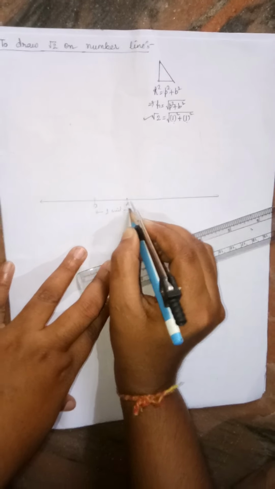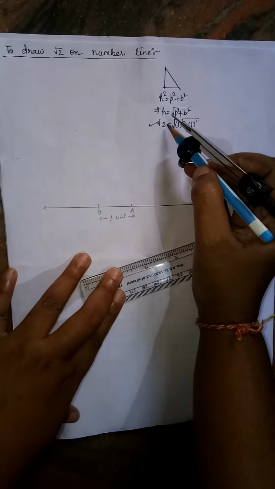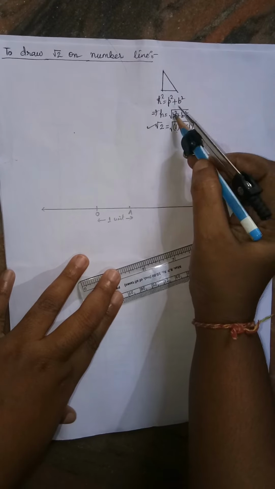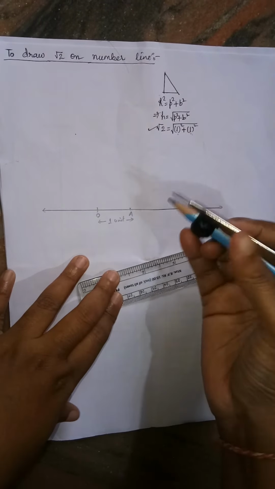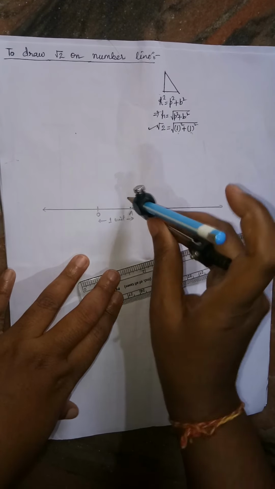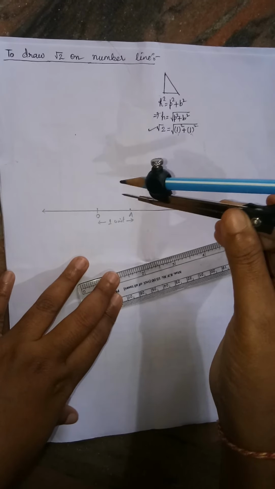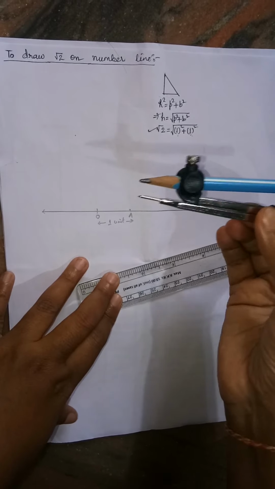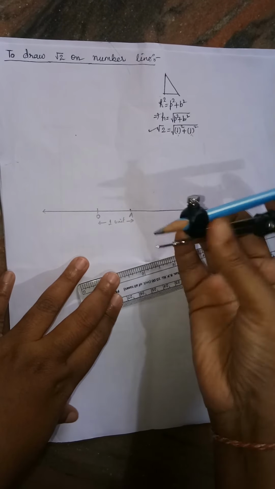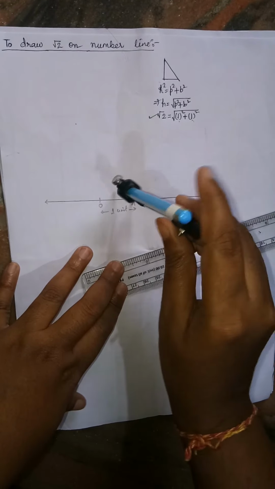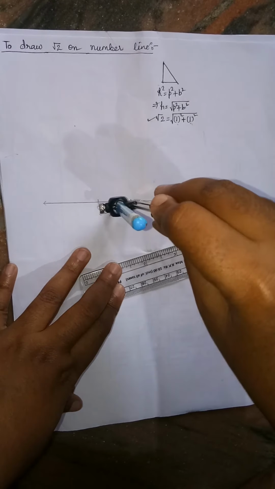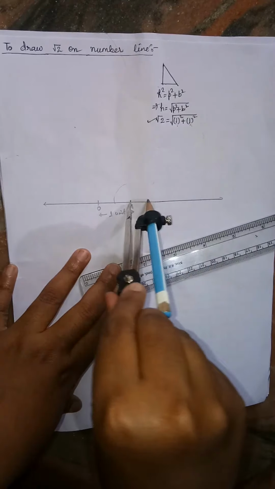Since we have from this line that root 2 equals p 1 and b 1, so we have taken the base 1 unit. Now at the point A we'll take 90 degree. I have seen many videos where they have not used this compass, so every time you must use this compass to draw 90 degree here. This is very important one. Okay, without a compass do not make any construction. So first you make 90 degree.